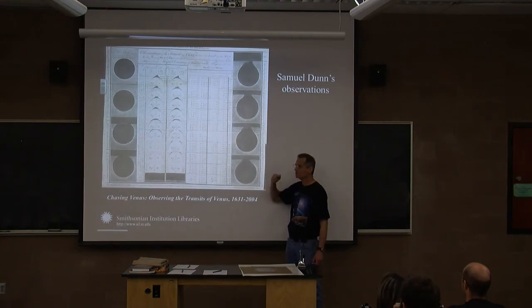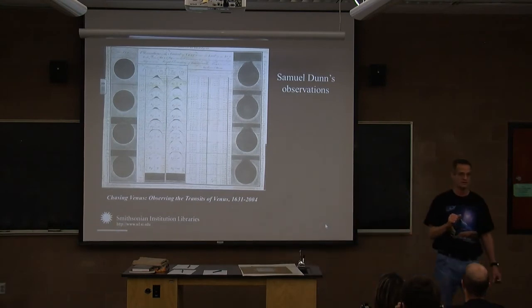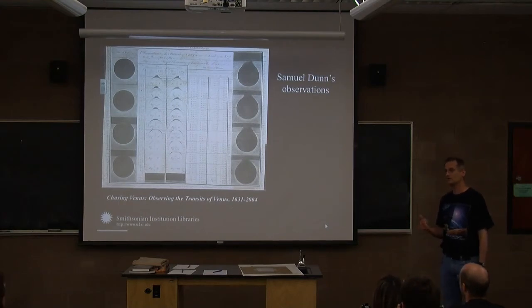That also makes it clear why it would be difficult to make very accurate measurements of exactly when Venus enters the disk of the sun. Forget the fact that this was 1769. They didn't have atomic clocks. They had mechanical clocks that barely survived the journeys to these places and stayed accurate. But even if you had an accurate clock, timing it precisely is very difficult because of that effect.